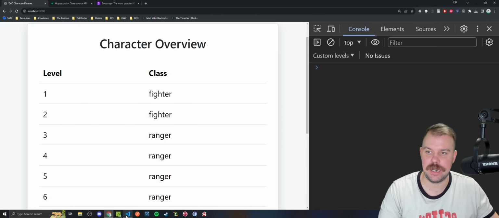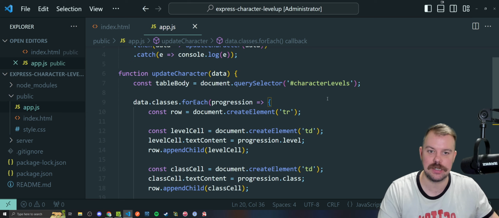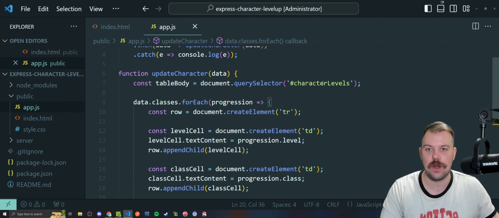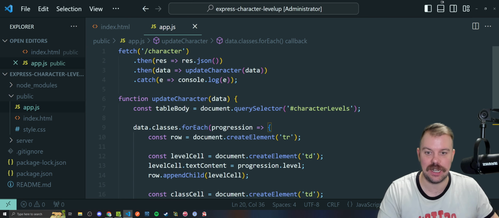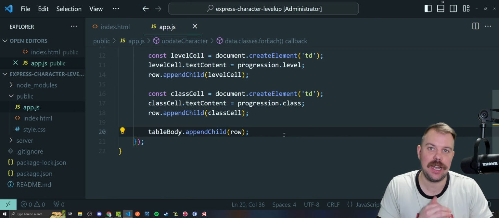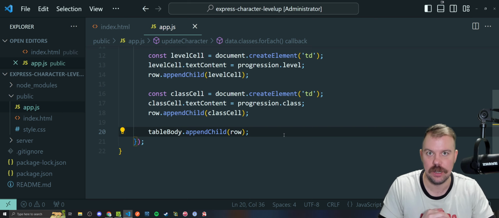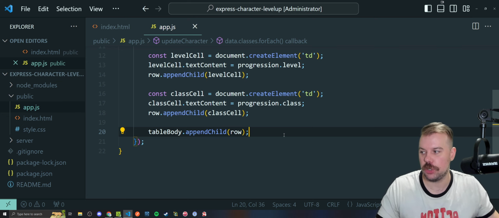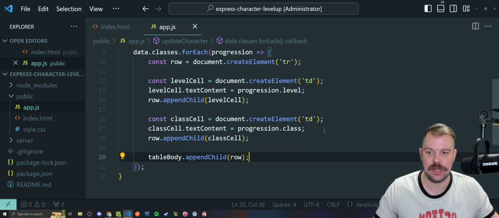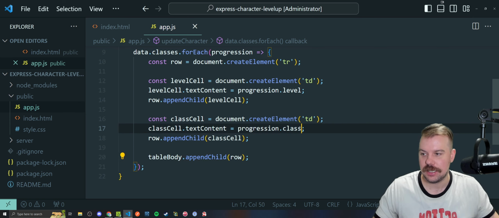Now, it makes sense from a data standpoint that my backend doesn't care about capitalization, because that could be a massively annoying issue on the backend, differentiating between capital R rogue and lowercase r rogue. So I would choose to leave it as is on the server. Let's say that you and I now are client-side developers and we don't have access to the server. So if I can't go change how the server functions with capital letters, what do? I will choose to, down here in the class cell text content, to say,